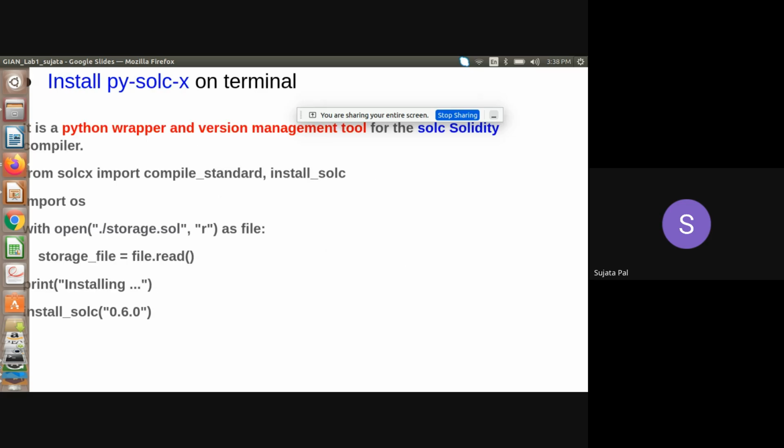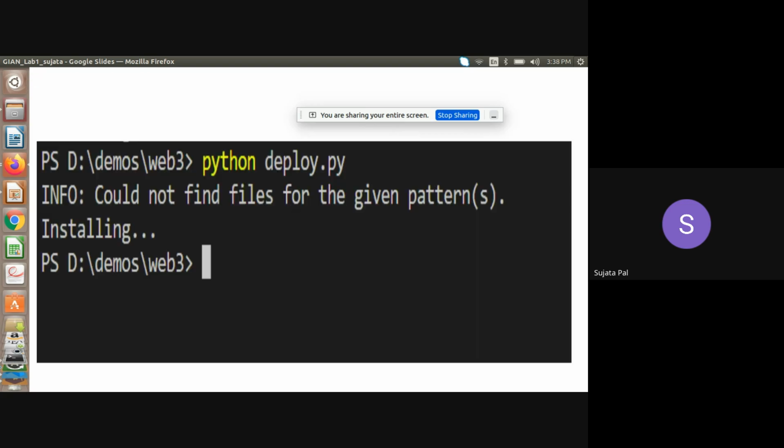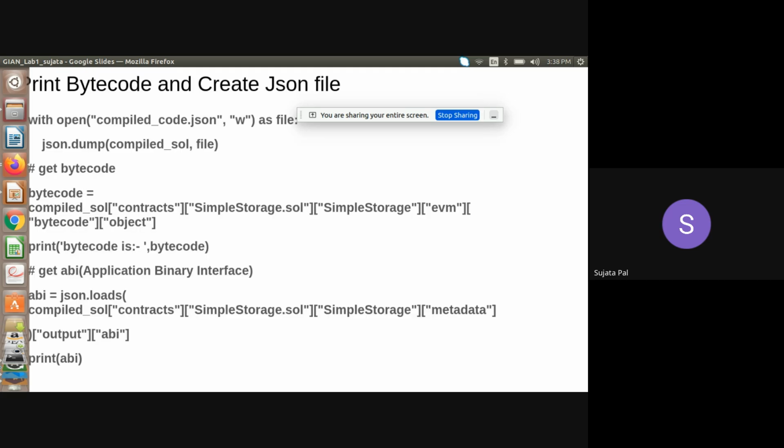Here I have written installing. Now if I get this statement again in my output screen, that means my contract has been deployed successfully. If you see here, it is showing installing. That means it is correctly deployed. Okay. After that, this is the look.